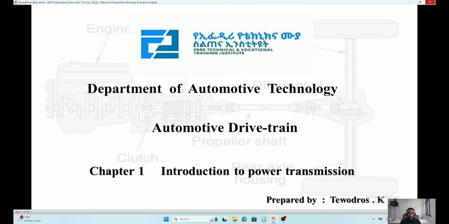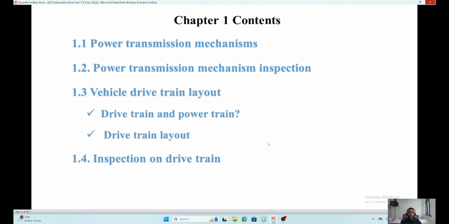If you remember the course profile, we saw the chapters of the course, which include around 7 chapters. From these chapters, the first one, Introduction to Power Transmission, is today's coverage. Today we will cover the first chapter of the course, and the content included in this chapter is power transmission mechanism, power transmission mechanism inspection, and in the second video we will see about the